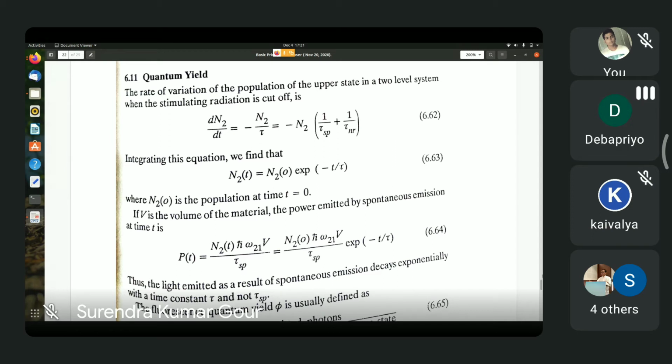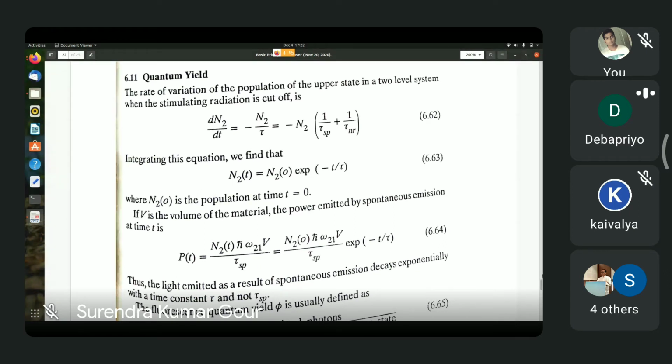As an example, sodium-22, which is a radioactive nucleus, can decay by emission of a beta minus particle, that is an electron, or it can decay by emitting a positron, a beta plus. A sodium-22 nucleus either decays by electron emission or another sodium-22 decays by positron emission. So there are certain probabilities for decay by electron emission and by positron emission. The ratio of the number of nuclei decaying by electron emission to the number decaying by positron emission is called the branching ratio. So here is also an example where